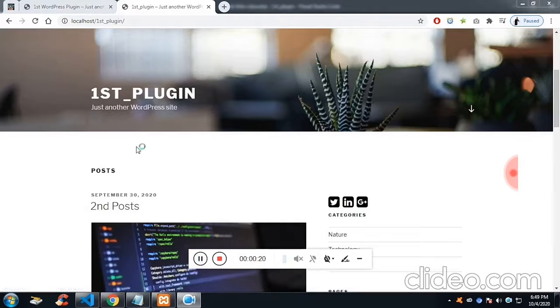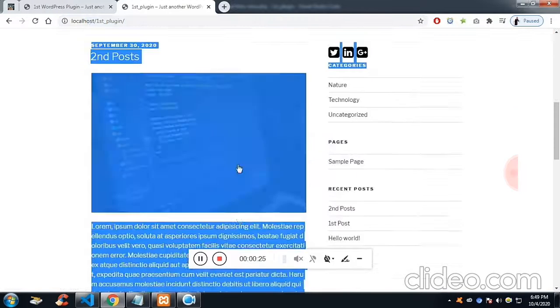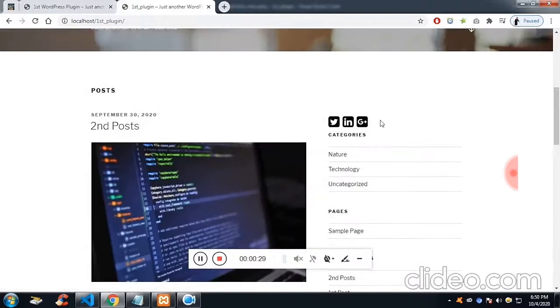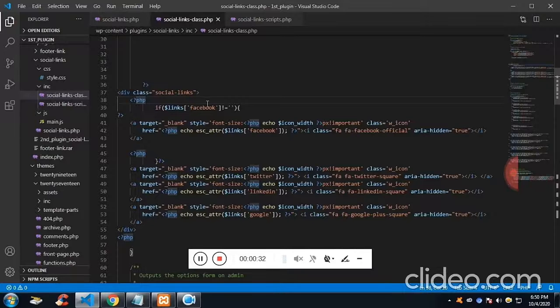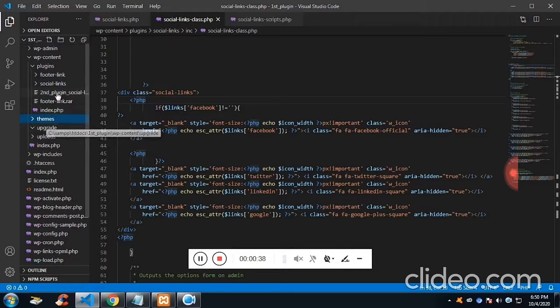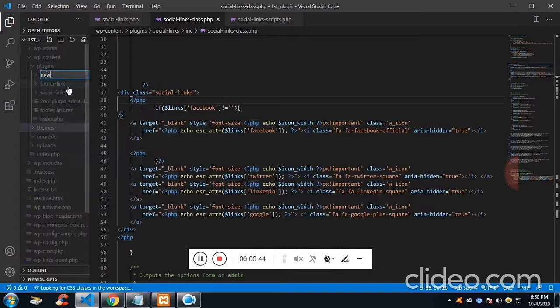Actually this is the third plugin, but I'm using the same project which I created while creating the first plugin. This is the first plugin I have created, and this is the second plugin I have created. Now I'm going to create the newsletter plugin. Fine. This would be a repetitive task because this is the third plugin we are creating. So in the plugin folder, we need to create a folder, you can give any name. So this name will be your plugin name. I'm going to give newsletter